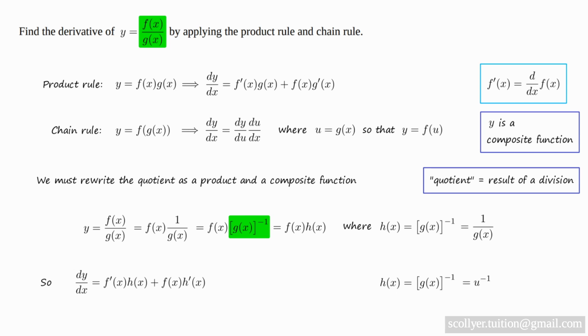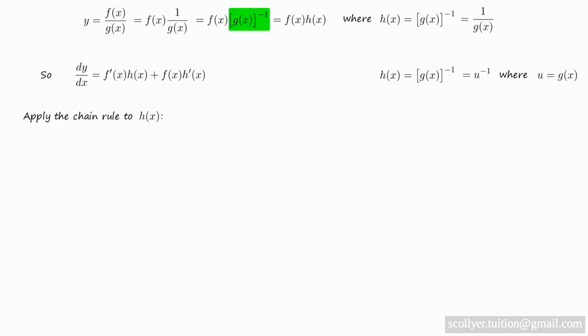And we rewrite h of x, which equals g of x to the minus 1, as u to the minus 1, where u equals g of x. Now we need to find h dashed of x, and to do so we apply the chain rule to h of x. And so we have that h dashed of x, which equals dh by dx, equals dh by du